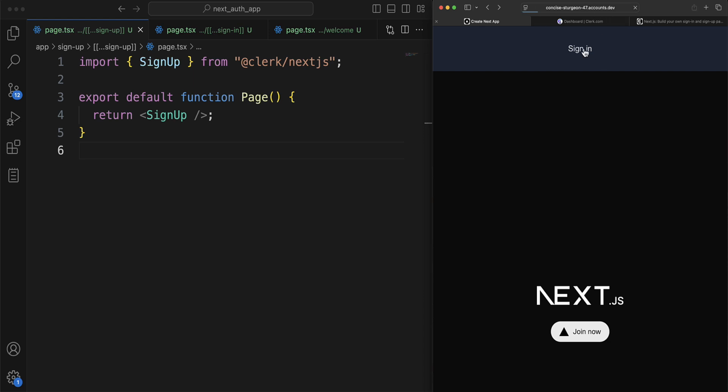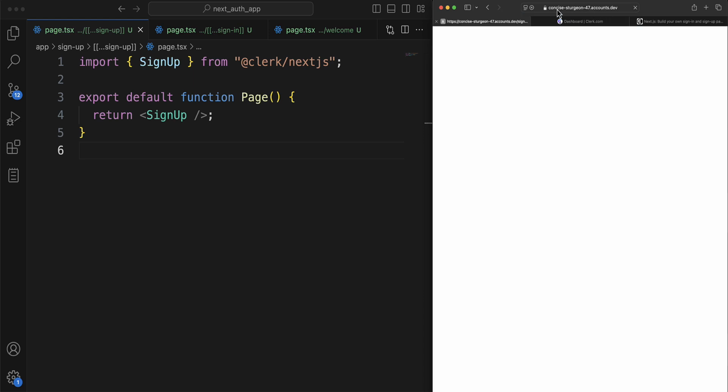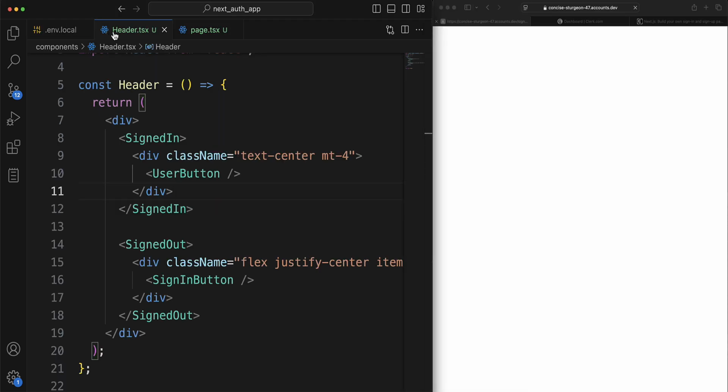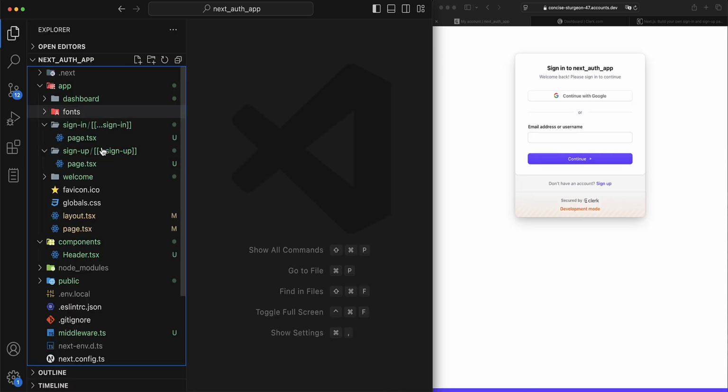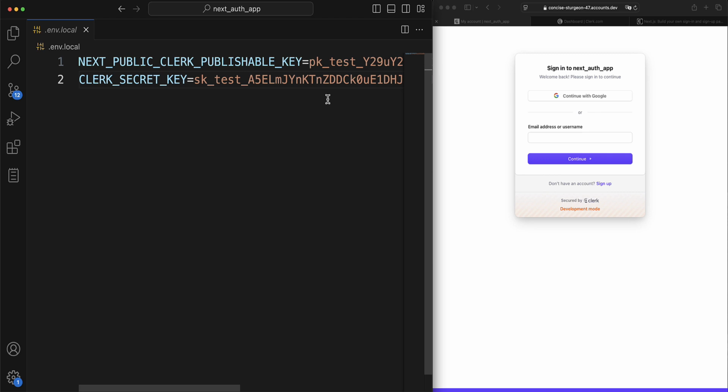So let me click on it, and oh no, it's still going to the concise student and whatever we have right here. So that means we have not set things up correctly or properly. So what we need to do now is, let me close off the open files we have here. We need to go to our .env file right here, and we'll have to tell Clerk to actually look for the sign in or the sign up route from here, from the instructions that we have instead of